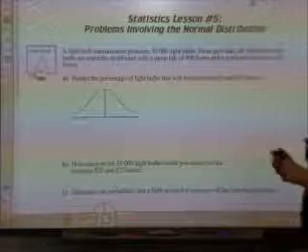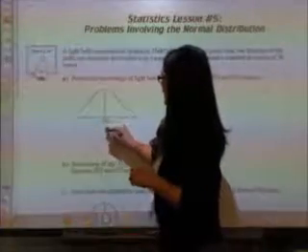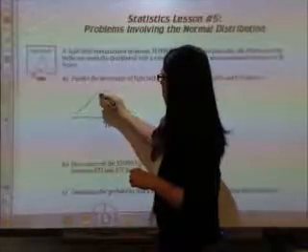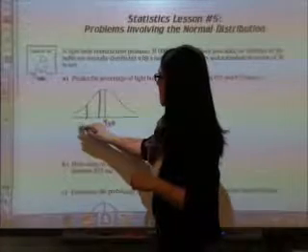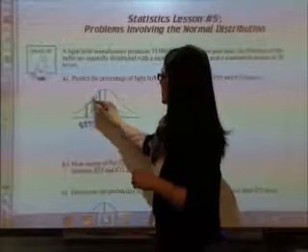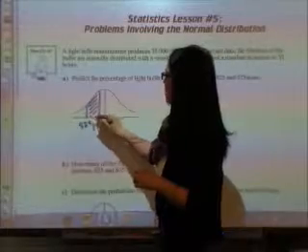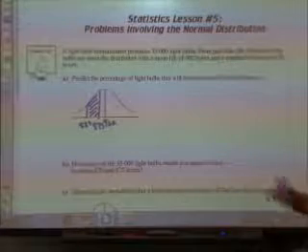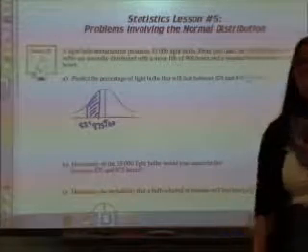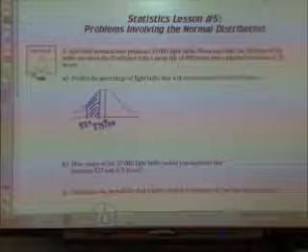825 and 875 hours. So 900 hours is right here. And I want from 875 to 825. So this is the area that I want. And I can use my z-score table to find out that area. But in order to use the z-score table, I have to convert these particular values, the 875 and the 825,